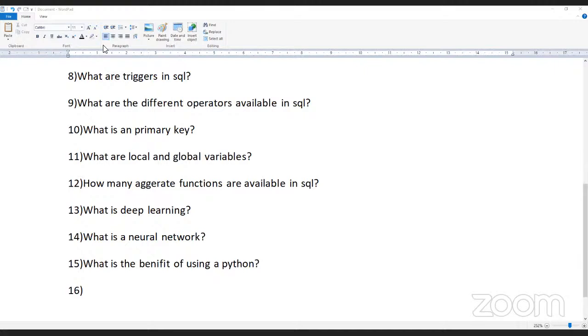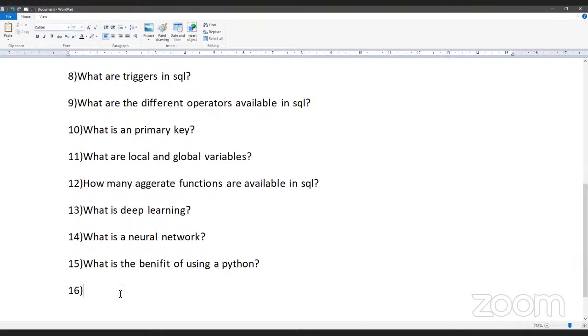The main benefit is that when you're working on a project, it helps to reduce the cost, without downloading or buying any software. As Python is free of cost, it reduces the cost of the particular project. So as we jump into the next question,